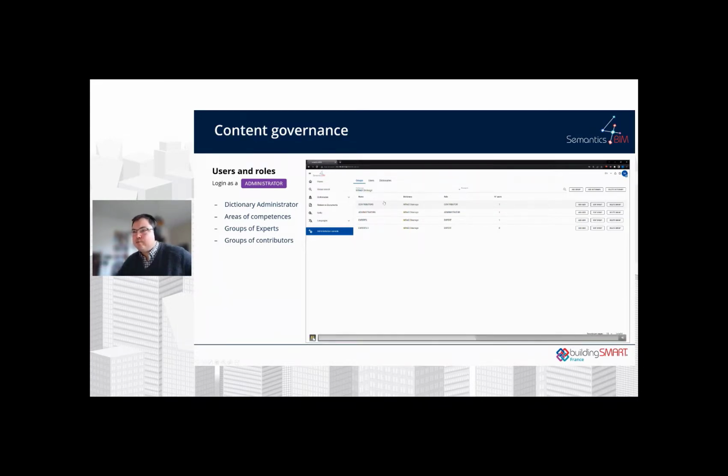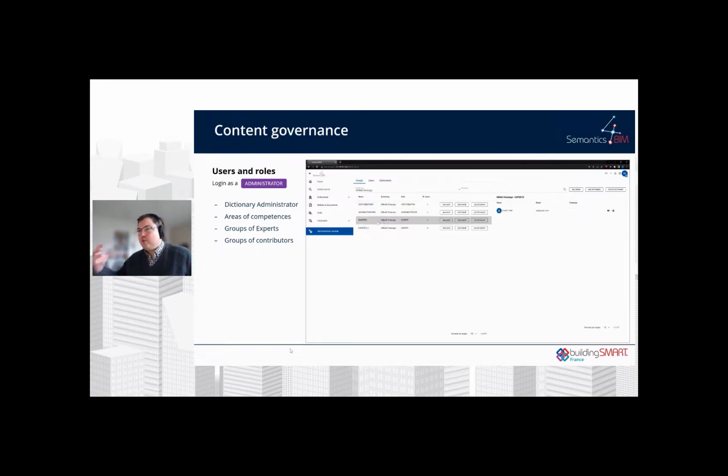And for each group, we will be able to define the users, and we will give them a role as an expert or as a contributor on this specific dictionary. Okay.